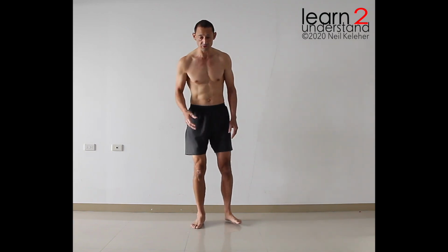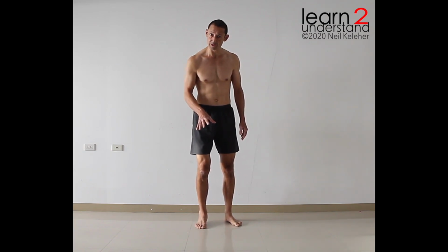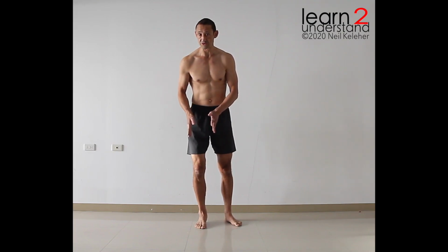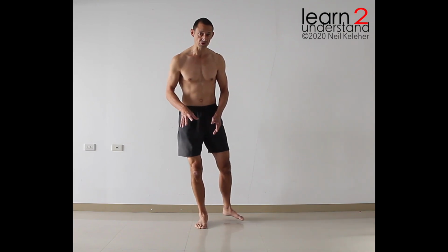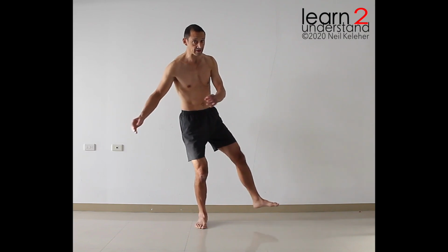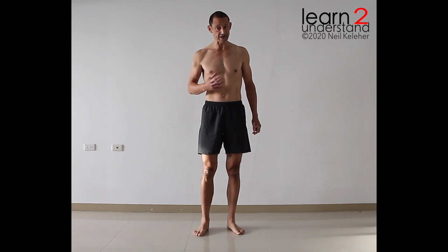So the idea there then is, once you have a feel for that exercise, when doing something like half moon pose or bending forward, what you can then do is fine tune the amount of shin rotation. Rotate slightly inwards or outwards. Vary the amount of inwards outwards rotation so that either you have more pressure on the inside of the forefoot, more pressure on the outside, or somewhere in between. But use the position that makes your foot feel strong, that makes it feel stable. And try to, if nothing else, control the amount of rotation, so prevent your foot from collapsing inwards or outwards. So the final exercise you can do